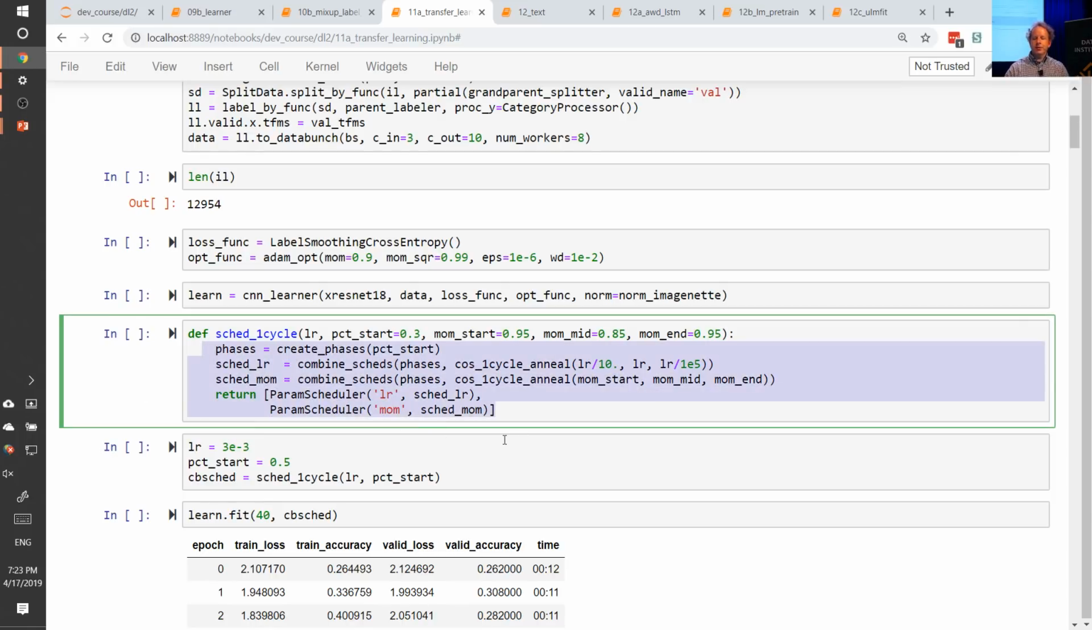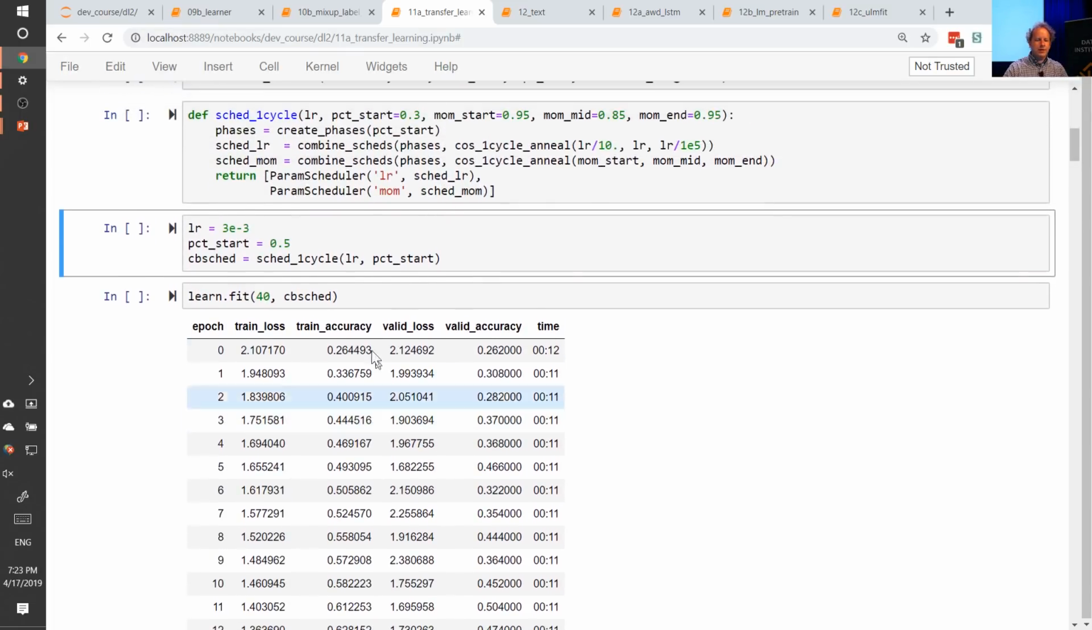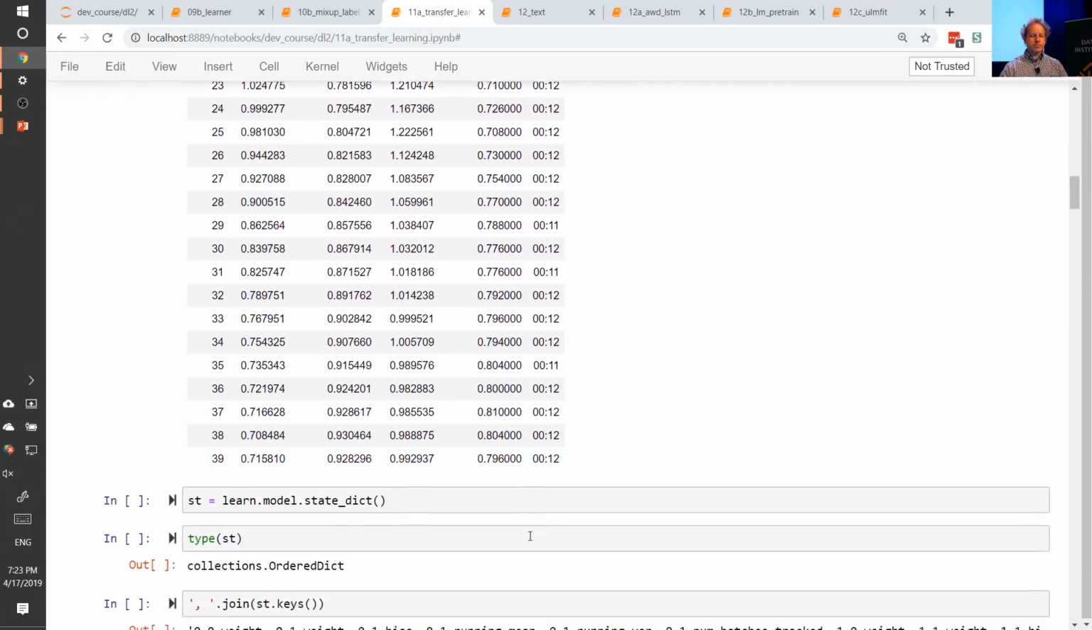These 5 lines of code I got sick of typing, so let's dump them into a single function called schedule one cycle. It's going to create our phases, our momentum annealing and our learning rate annealing, and create our schedulers. So now with that, we can just say schedule one cycle with a learning rate and what percentage of the batches are at the start, and we can go ahead and fit. I thought, okay, for transfer learning, we should try and fit a decent model. So I did 40 epochs at 11 seconds per epoch on a 1080 Ti. A few minutes later, we've got